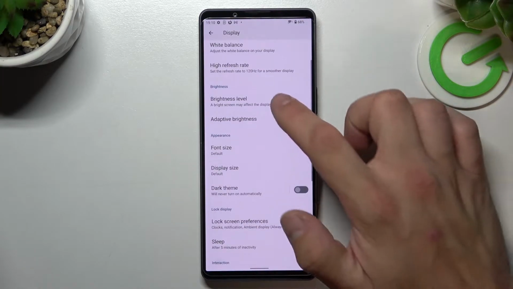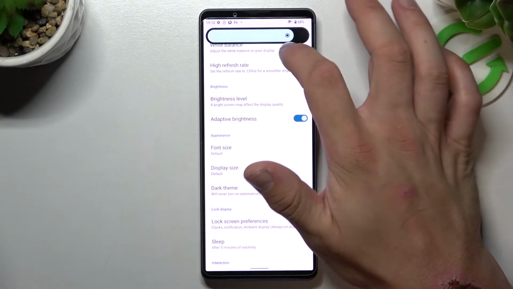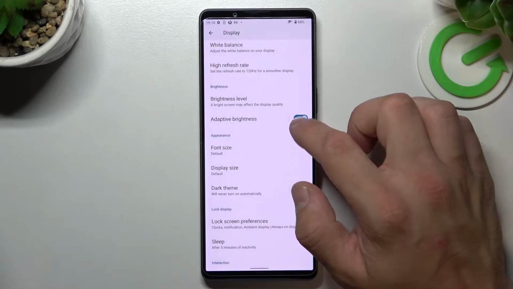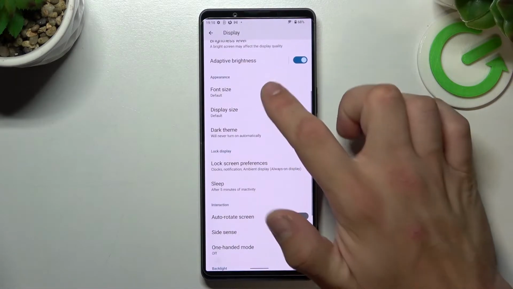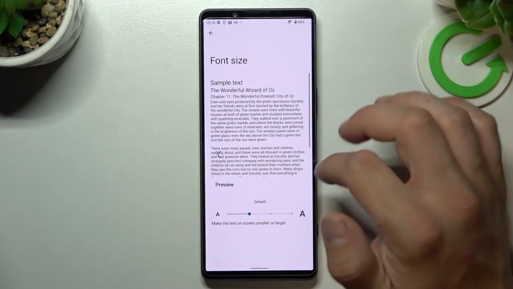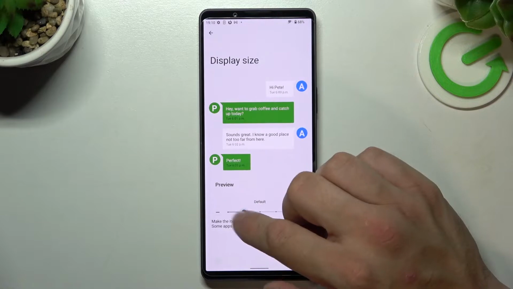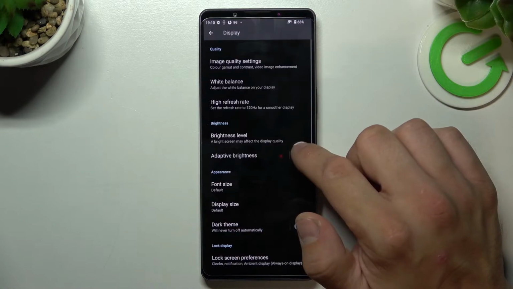Then we can go to brightness level and enable it manually or via automatic brightness. Then we can change font size, display size, enable or disable dark theme,